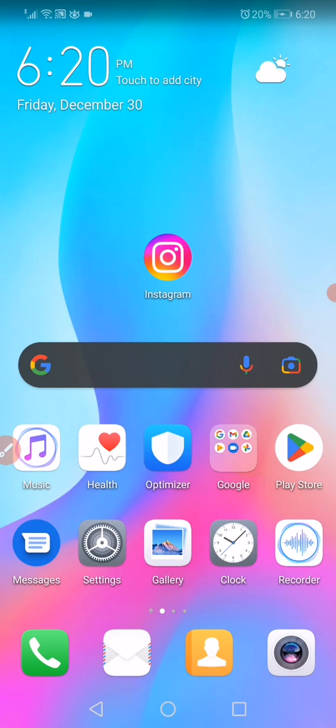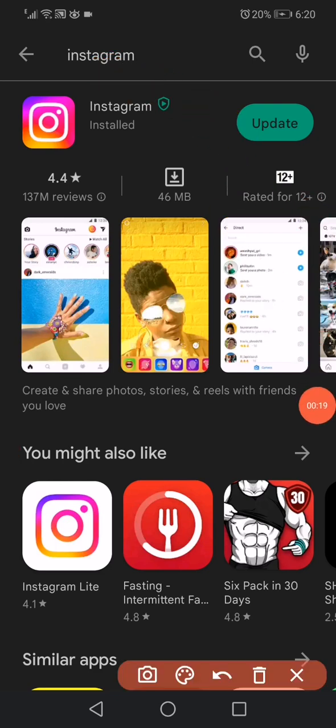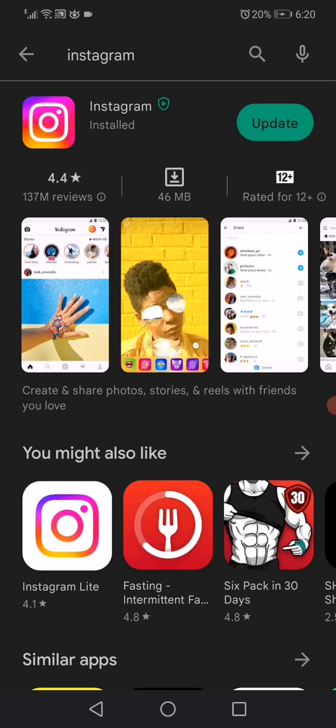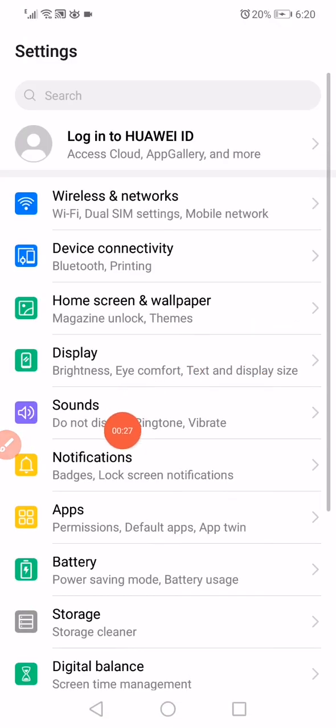First thing, open your Play Store or the App Store. If you have iPhone, search for Instagram and then click on this update option to update it to the latest version. And second thing you want to do is open the settings, open the apps manager on your phone,